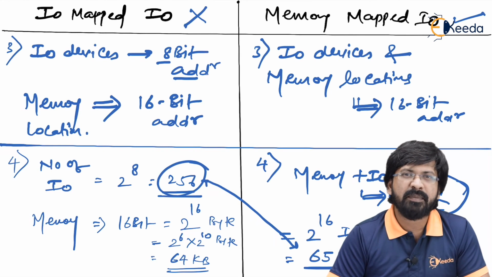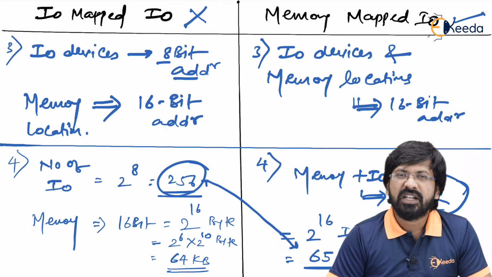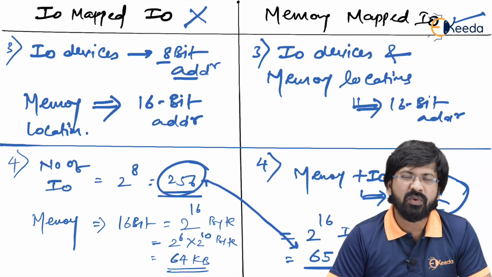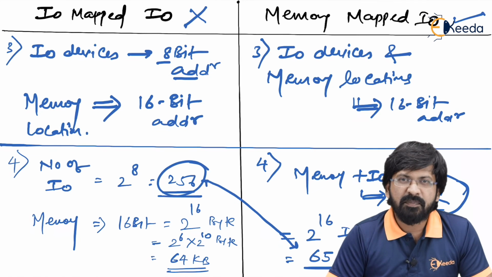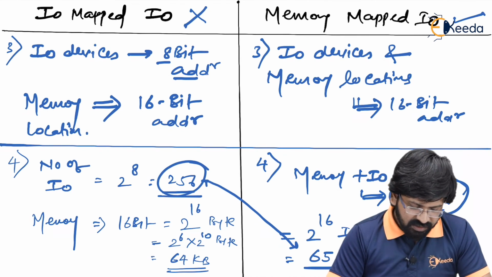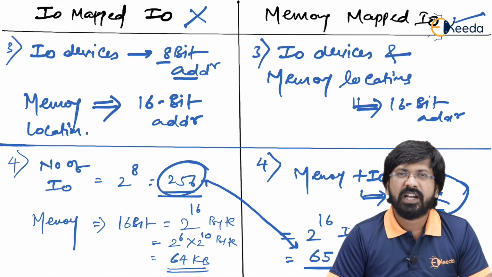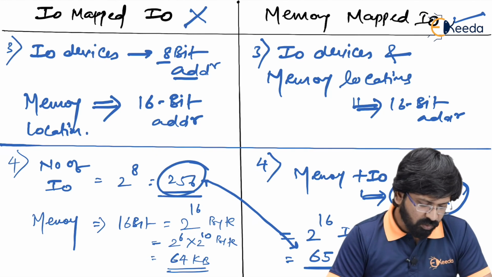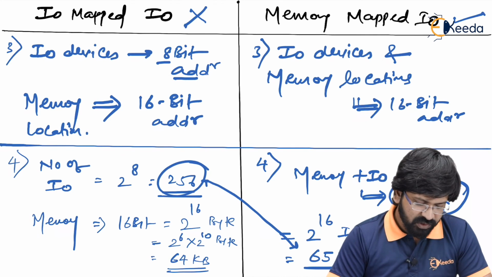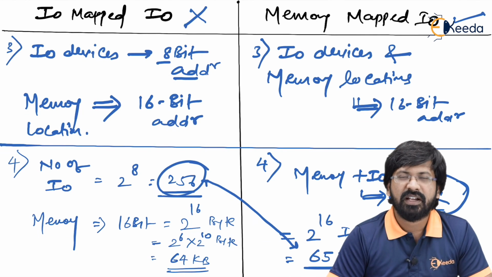If you have adopted the memory mapped IO technique, then the IN and OUT instructions are useless for you, because the IN and OUT instructions support only an 8-bit address. If you see the format of the IN and OUT instructions, you will see that both of these instructions support 8-bit addresses only. So that's the whole difference between IO mapped IO and memory mapped IO technique. Now you have understood what the advantages of using IO mapped IO technique are, what the disadvantages of memory mapped IO technique are, and so on.